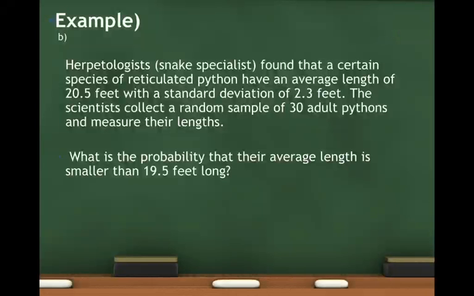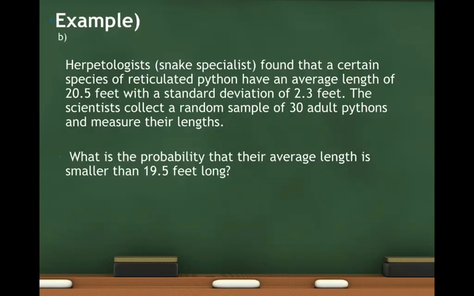And so let's say we have some snake specialists, and they found that a certain species of these pythons have an average length of 20.5 feet with a standard deviation of 2.3 feet. The scientists collect a random sample of 30 pythons and measure their lengths. We want to know what is the probability that their average length is actually going to be smaller than 19.5